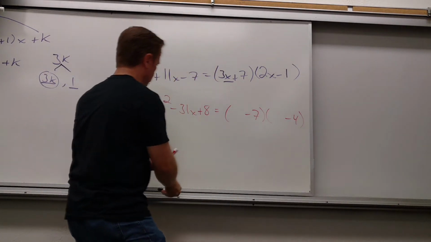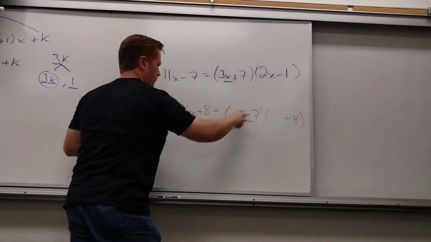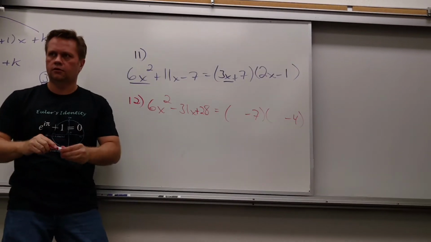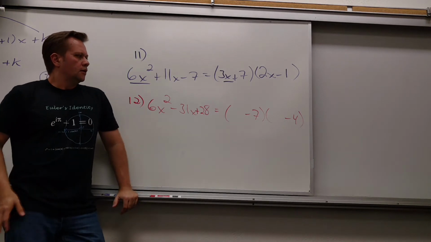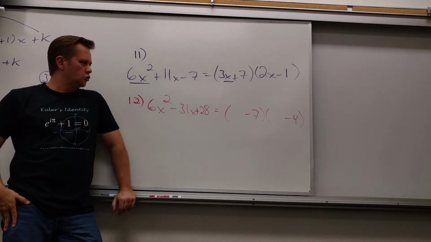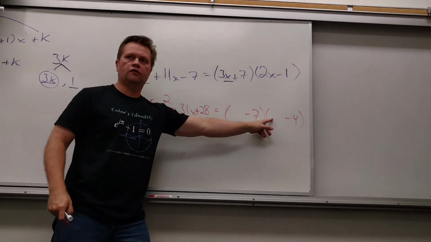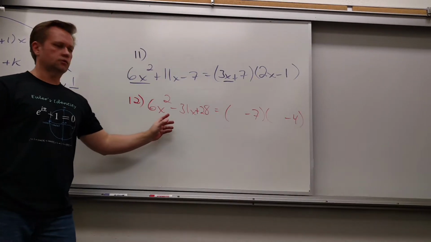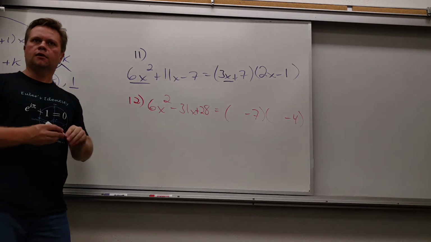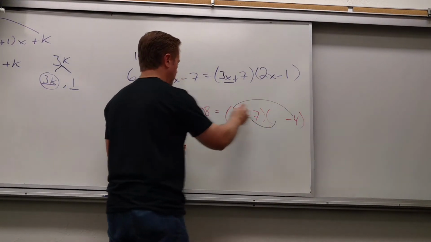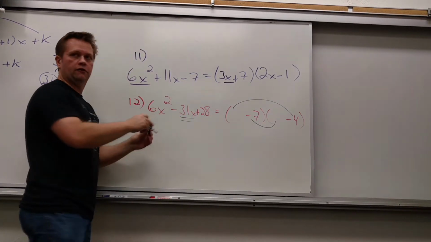Can you guys see why? Plus 7. 7 and 4 make 28. Cool. All right. Otherwise it won't make any sense. So you need these 2 numbers that I'm going to put here in front of x have to do what? Multiply to be 6. And when I multiply whatever's there and add it together, it's got to make negative 31,